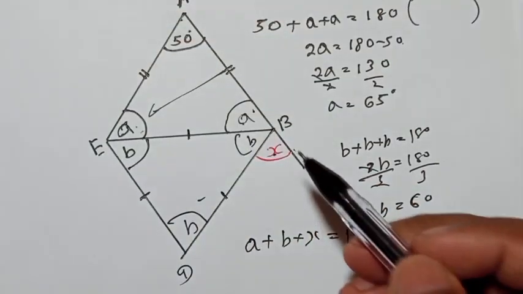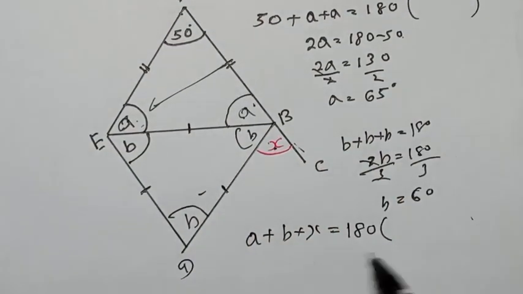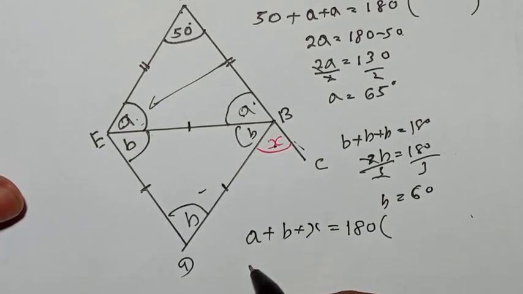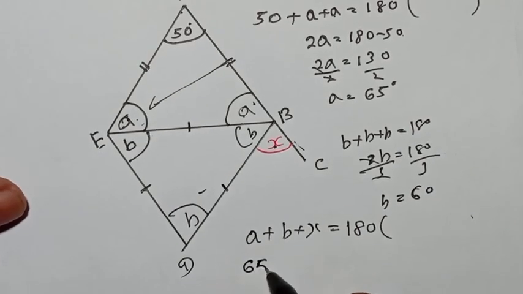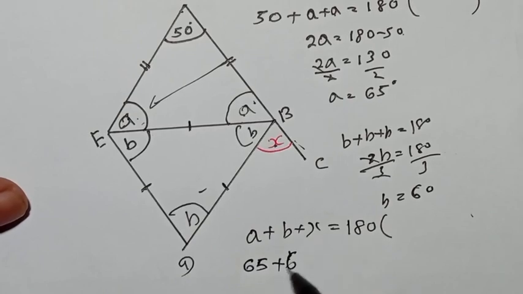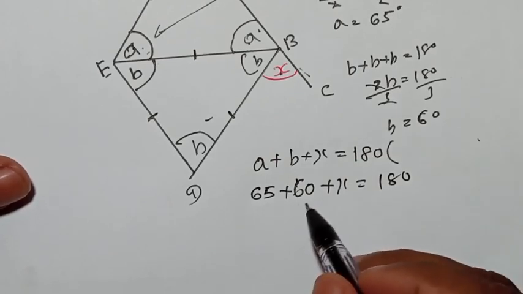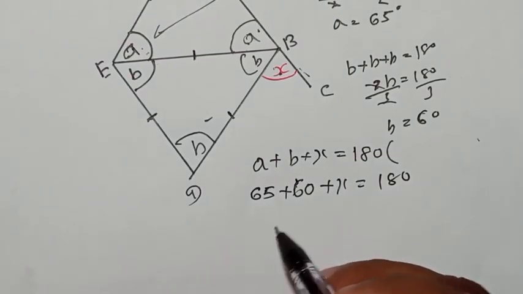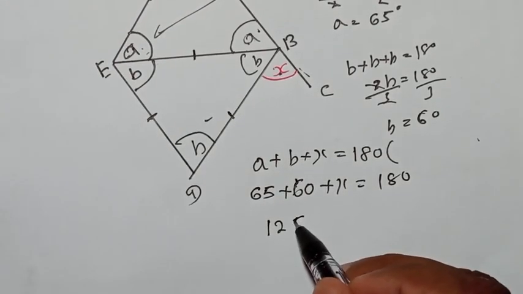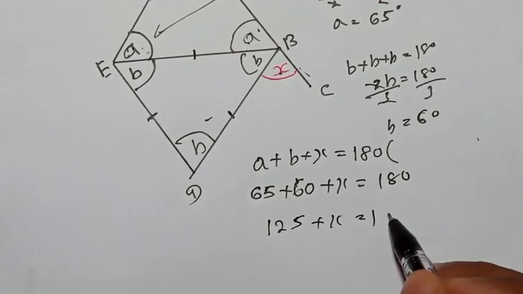So here A we got is 65 and B is 60, right? B is 60 and X we need to find. So 60 plus 65 plus 60 means 185